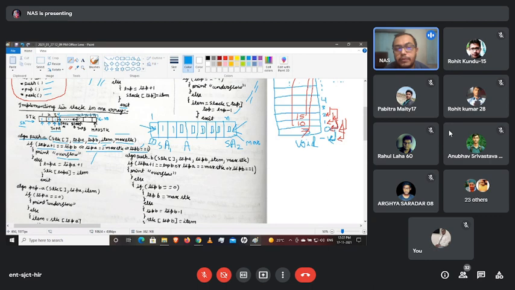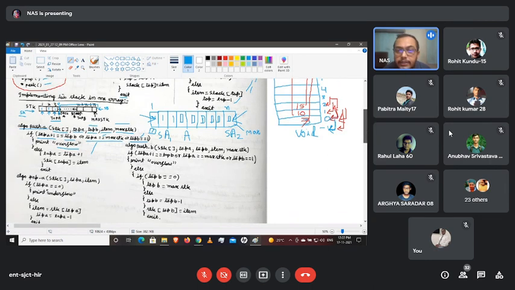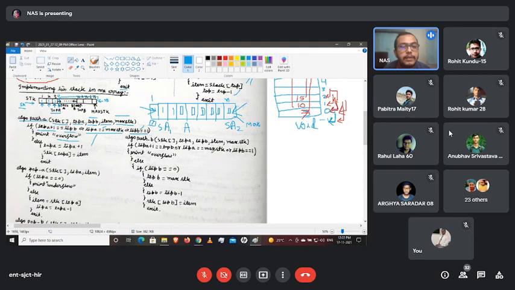Next we come to the push operation on the B side. What are the conditions that can make this an overflow? The first condition is the same one, top A plus 1 equals top B, or you can write it like top B minus 1 equals top A. I have written top A plus 1 equals top B, but you should read it as top B minus 1 equals top A, because here this one is our nth position, n minus 1, n minus 2, n minus 3. That's how we are going there.